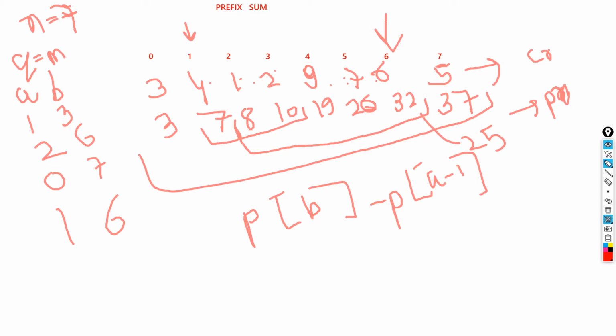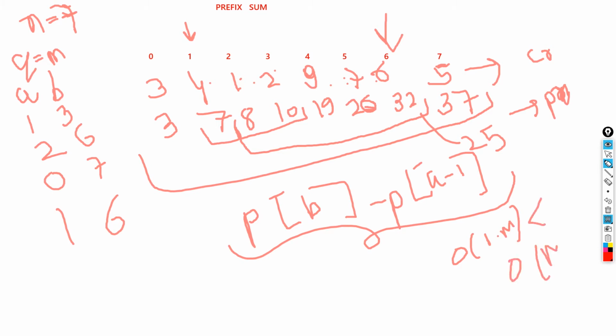That is the algorithm we need to implement for any range query, and clearly we get this in O of 1 time, and for m queries that would be O of m, which is clearly less than O of m into n, wherein we have to traverse the array every time. So this is a better solution, and it is used in a lot of ways. Range query is the most basic use of this. We also use this in segment tree. So this was the concept.